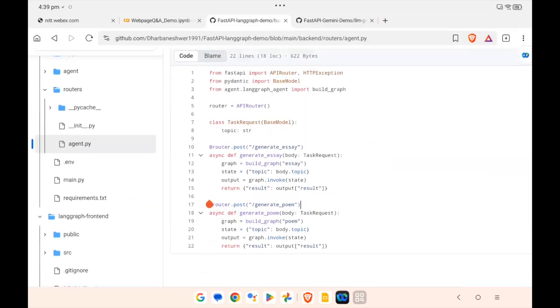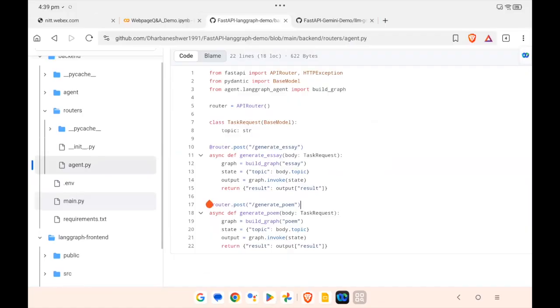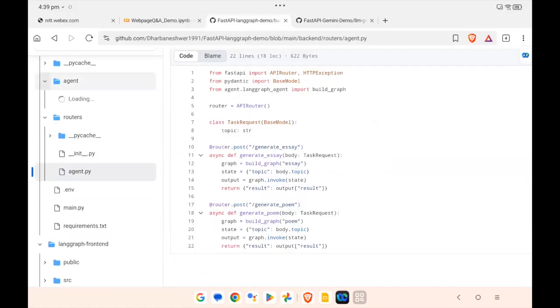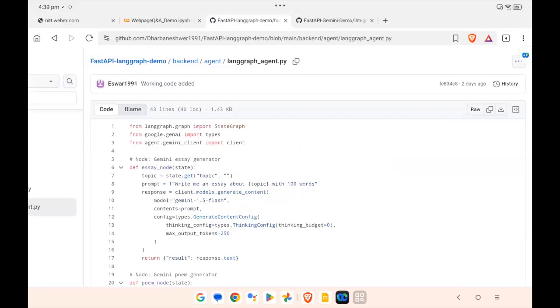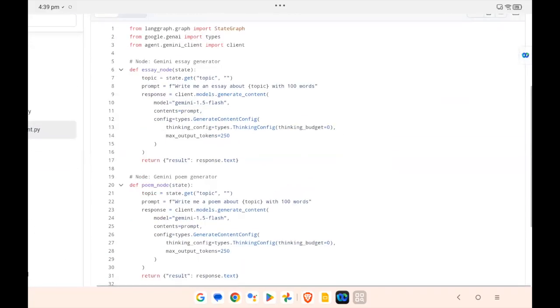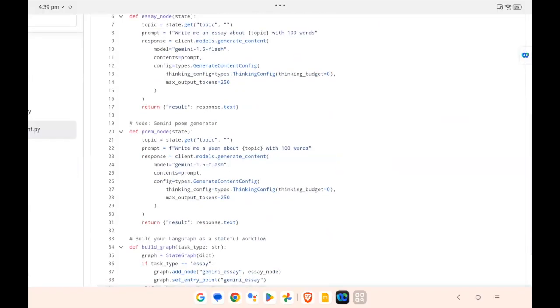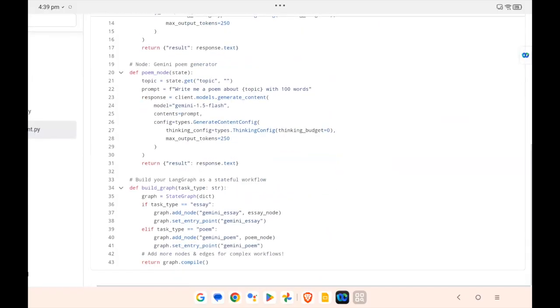If we go to generate essay, generate poem, see, this is the LangGraph agent. Here you can find the actual task, that is the generate poem, generate essay code. This is the agent code.